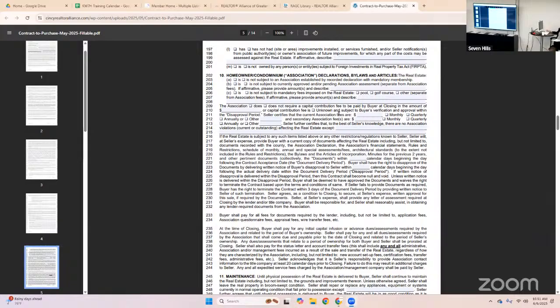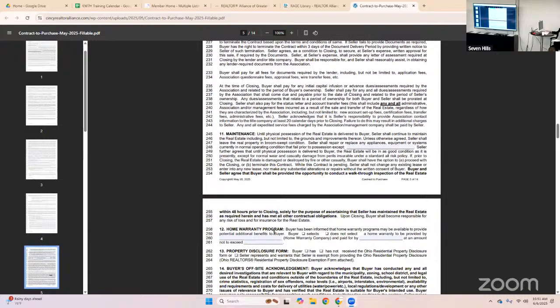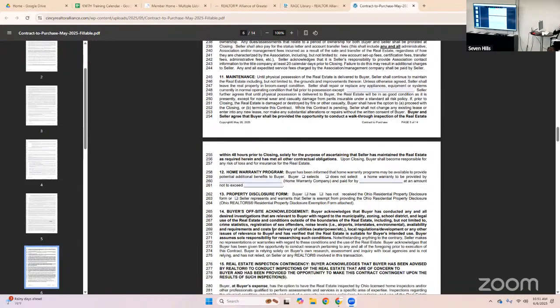You have to be very careful with condos. A lot of times too, I'm getting really involved in this right now, but I think it's important because I think it's a place that we really need to pay extra attention. Most condos only allow a certain percentage to be rented, and they have very specific requirements on those. So you may be selling to an investor and then they get the condo and realize they can't rent it out. So you have to be very careful on every single detail of a condo.